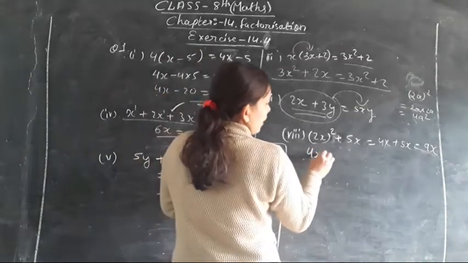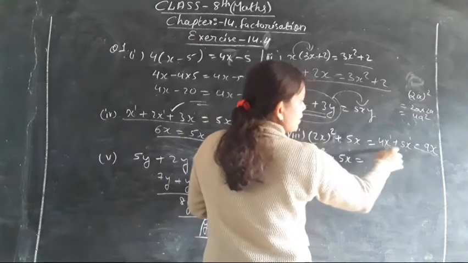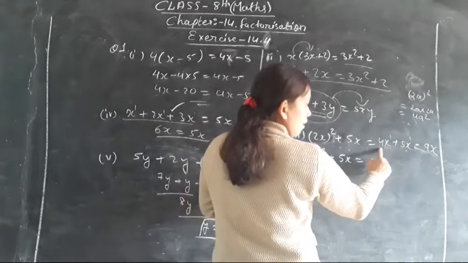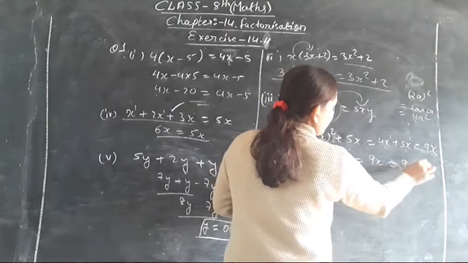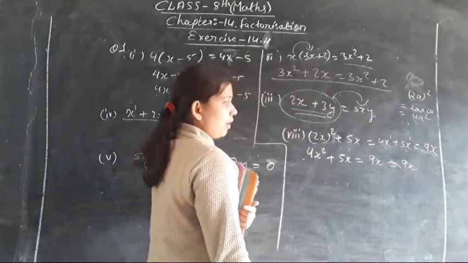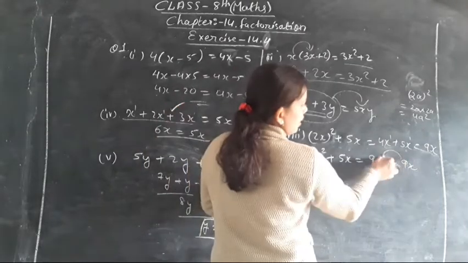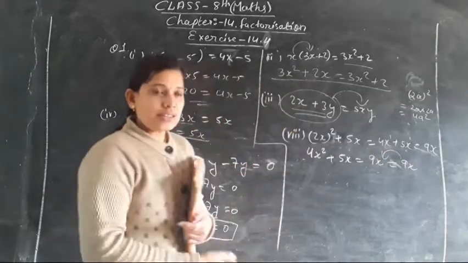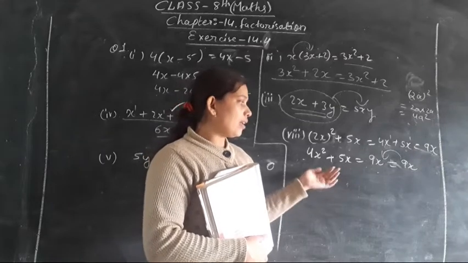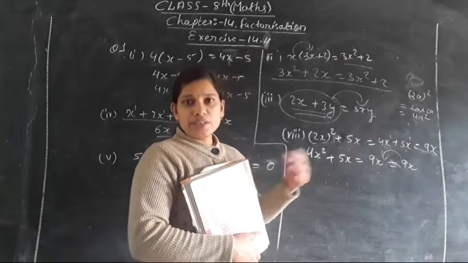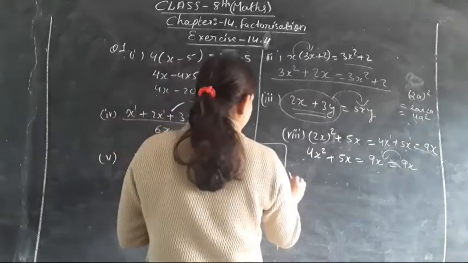So here it will be 4x square plus 5x. Here you can solve as the variables are the same. So 4 plus 5 will be 9, isn't it? 9x is equal to again 9x. Is it so? Yes, it can be. Okay. Now after this, will it be solved? We cannot solve it. If we are transposing, then 9x will become 0. Nothing you will get, isn't it? Here we cannot solve it. So what is the mathematical error in this? The mathematical error will be the equation, this part, isn't it? Now moving toward the next question, the ninth one.